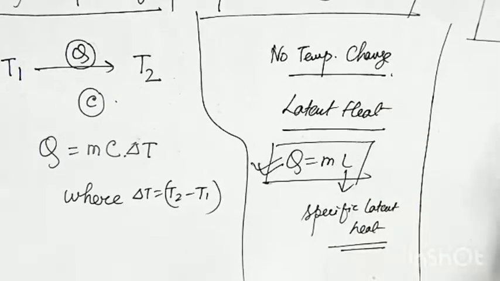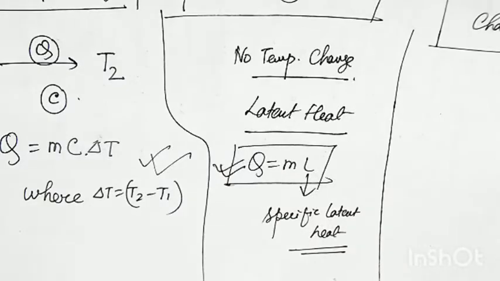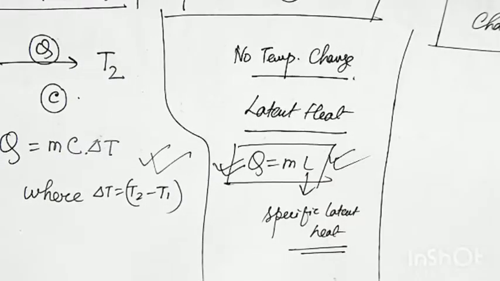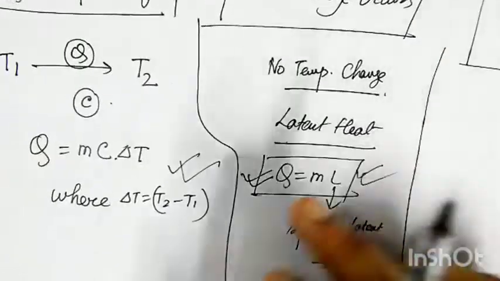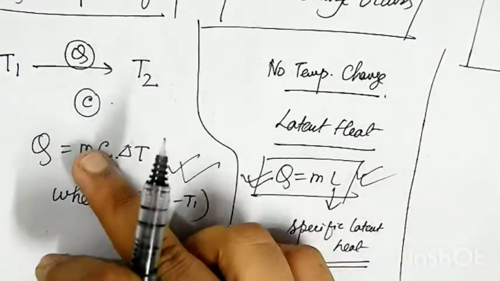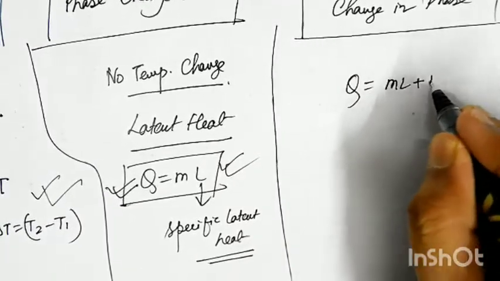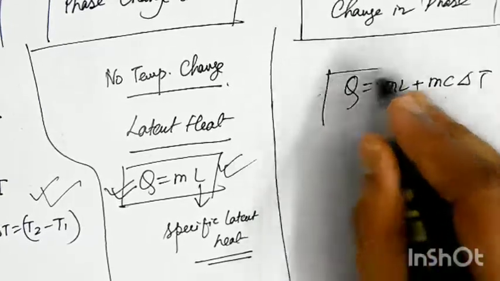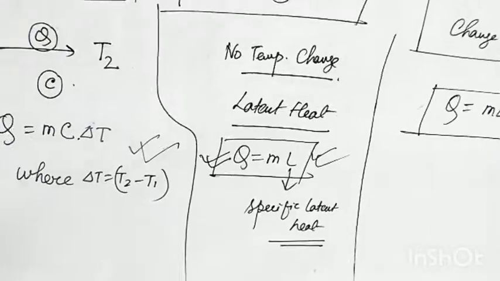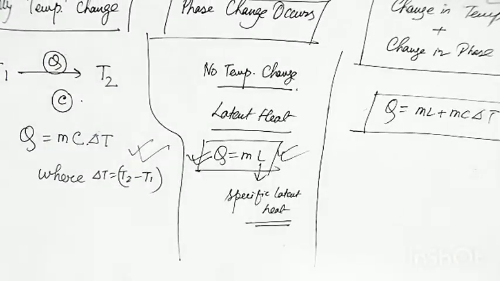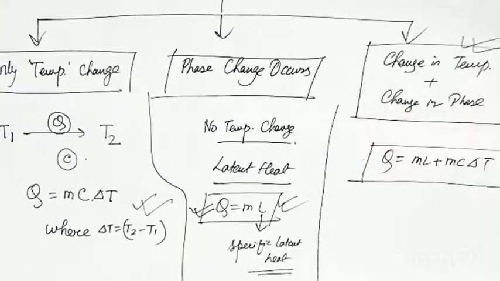This is the way we measure how much heat, that is Q, is required during phase transition. And for the third kind where both are required, we need to calculate the heat due to temperature change and also the heat due to phase change. So if we calculate both cases, the formula is basically the sum of mL plus mc delta T, as we are calculating both kinds. Clear? So these are the three kinds of formulas we will mostly use in our chapters. I have made a fresh chart so that all of you can watch it on a single screen.